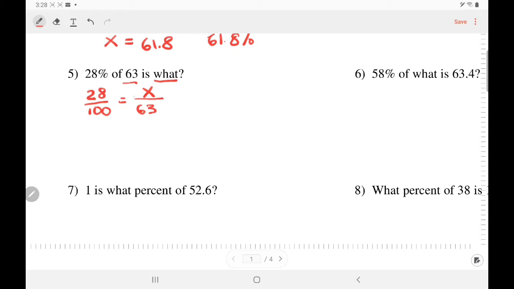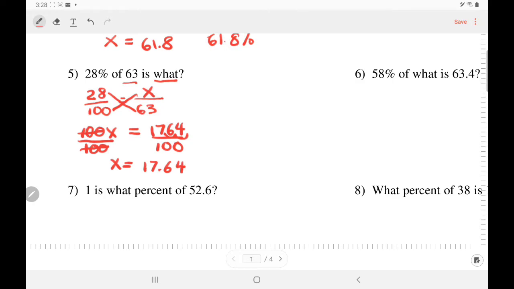I'm going to choose the direction that involves the X, so I'm going to multiply this way. So 100X equals 28 times 63. I'm going to use the calculator. So 28 times 63, and I got 1764. To solve for X, divide by 100 so that the 100s cancel out, and you have solved for X. Whenever you divide by 100, your number gets smaller by 2 places, so go 1, 2 backwards. So it is